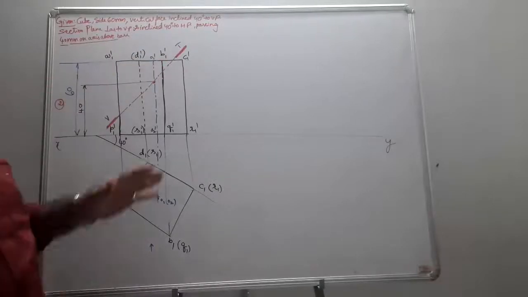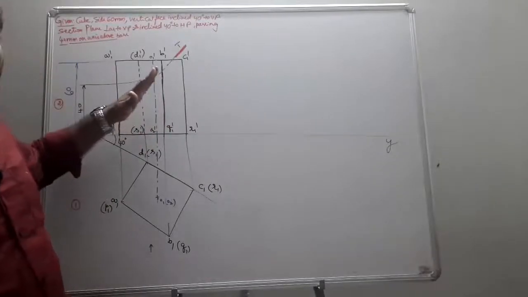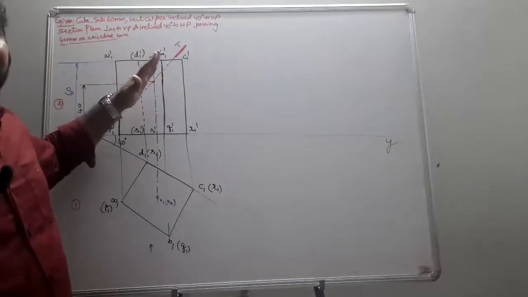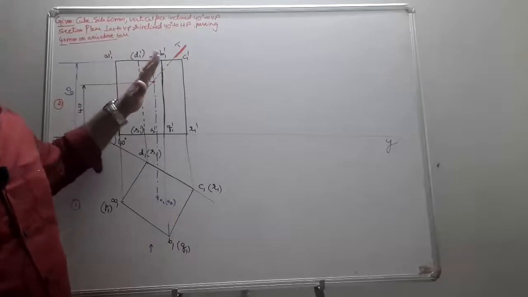Why? Because whenever the view is shown, it appears as a line, or when it is projected, it should meet the reference plane. Here it meets the vertical plane, so it becomes the vertical trace of this cutting plane. Okay,